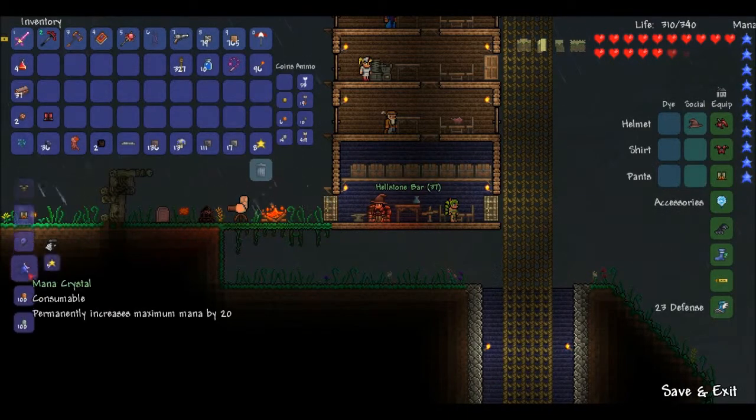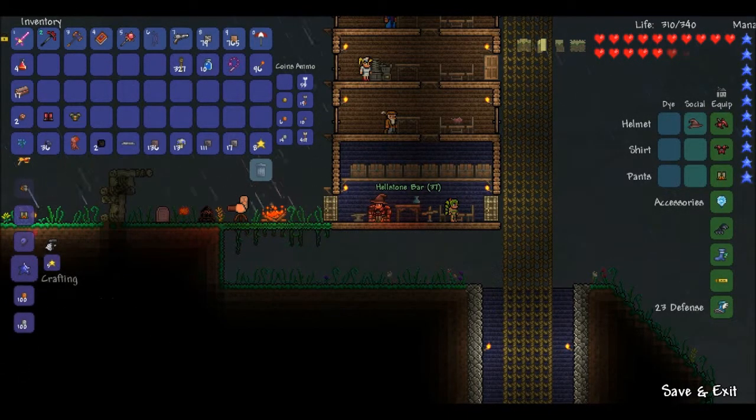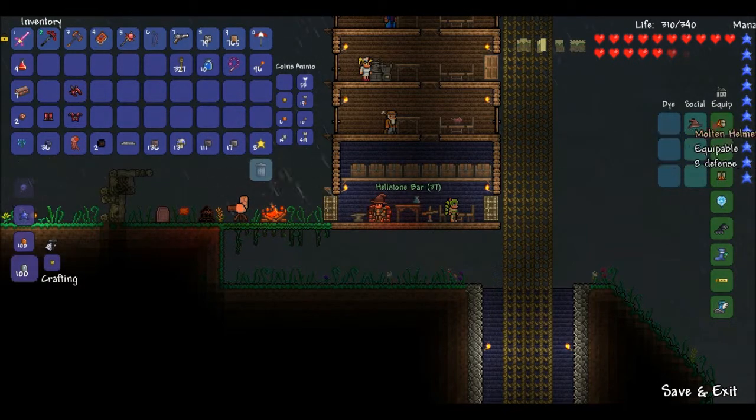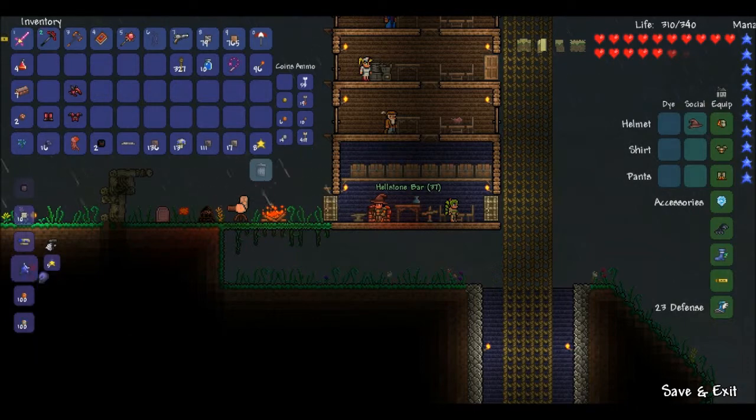Let's see. Oh wait, but that used up... Oh no, it didn't. Okay. Or yeah, it doesn't matter if it used up all my obsidian or not. But anyways, so now I have the molten helmet and the molten chest piece and stuff. So now it still doesn't say set bonus. It's strange, but alright. So now I actually will make an obsidian skull,